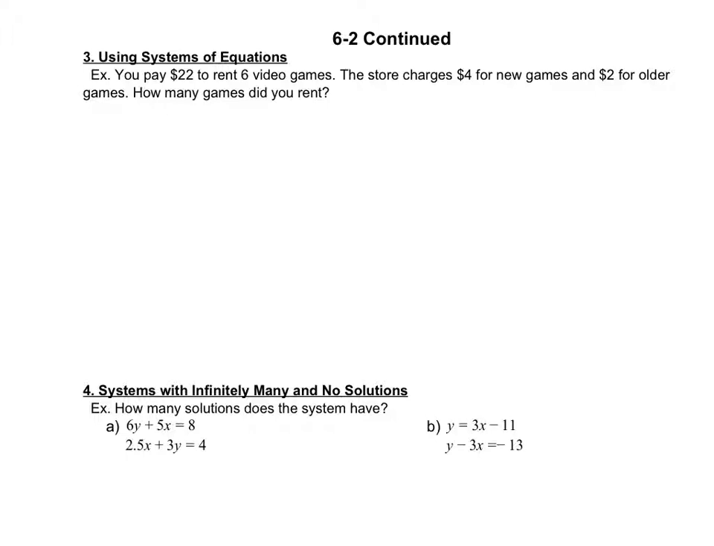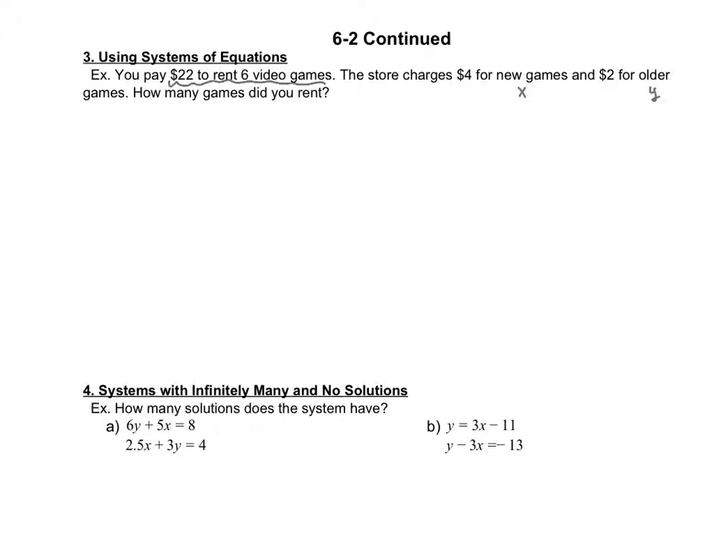We need to assign some variables here because we have 2 different types of games: new games and old games. To make it simple, I'm going to call the new games x and the old games y. Using x and y isn't going to kill us. So, 6 games. The games that I rented could have been new games or old games. I just know that I rented 6 games, and I know that it cost